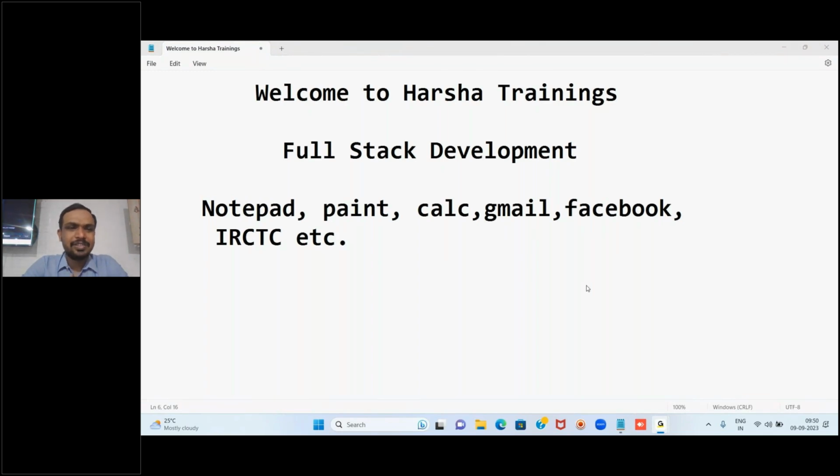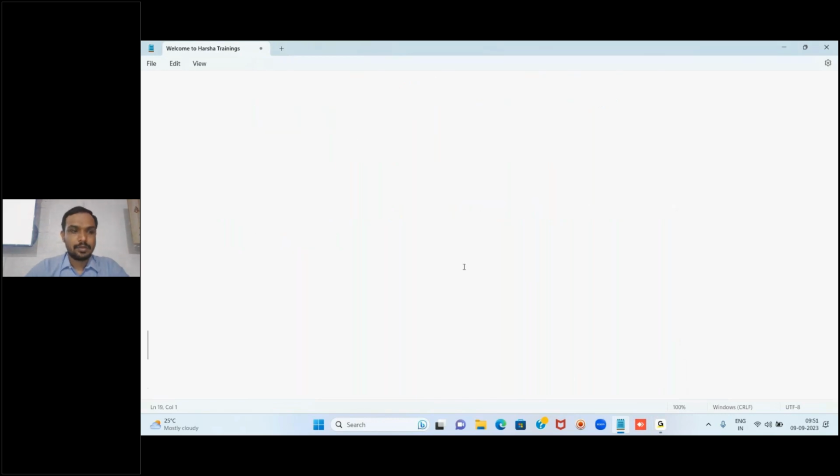Now we will see some major differences between these categories of applications. A notepad, the calculator, and some media players we have, right?